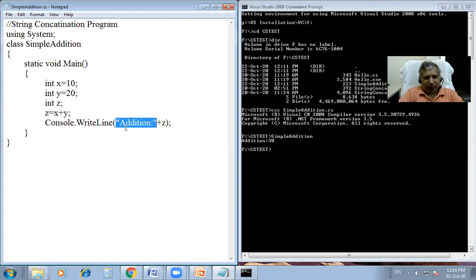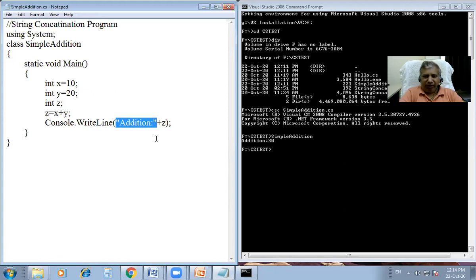So it is a string, then the plus operator, and then the z variable. Now again plus is used here, but out of these two operands, one is a string and one is an integer. So when any one operand of plus is a string, it will work as a concatenation operator.